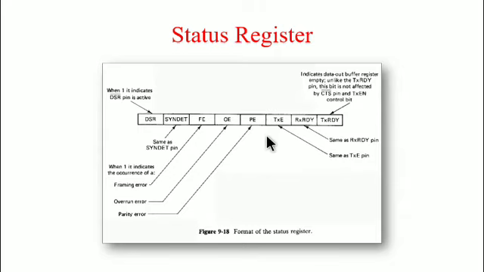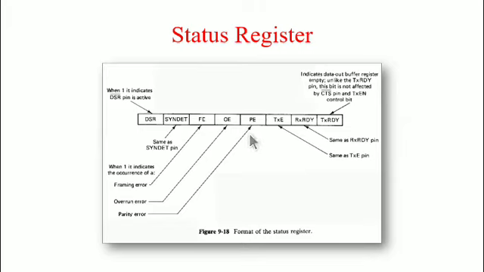And finally, we have the status register. Here we have again D0 to D7, and each one has a unique value. First one, transmitter ready. Next one, PE means parity error. This parity flag is set when a parity error is detected. It is reset by the ER bit of the command instruction, and PE doesn't inhibit the operation of the 8251A.